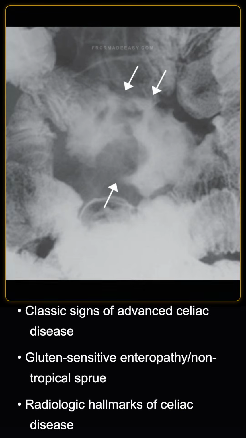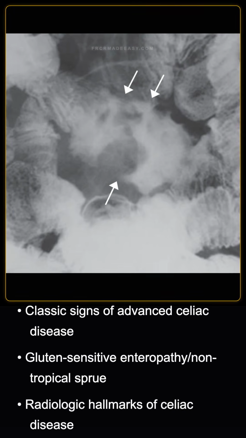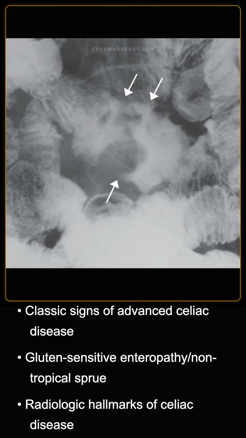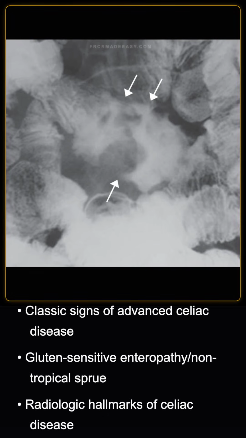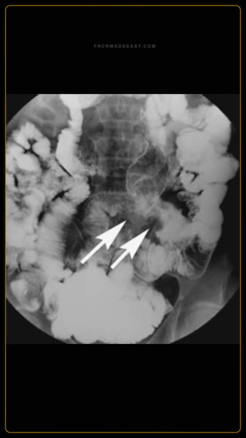The diffuse small bowel findings, dilatation and ileal jejunization, are classic for what underlying chronic enteropathy? Based on that, these background findings are the classic radiologic hallmarks of advanced celiac disease, also known as gluten-sensitive enteropathy or non-tropical sprue. Given the underlying diagnosis of celiac disease, what does the newly developed focally aneurysmal segment with filling